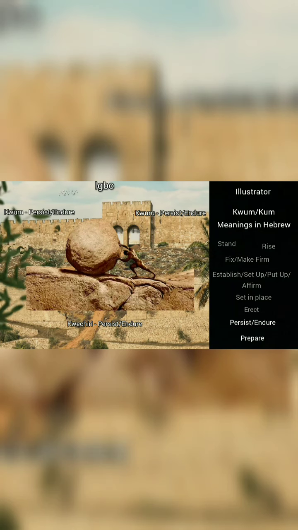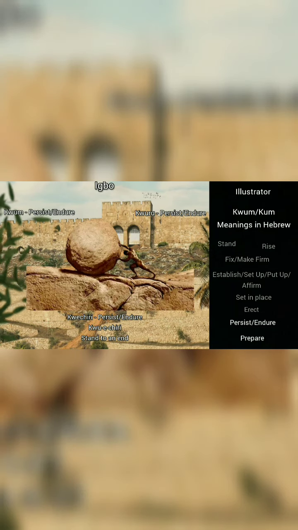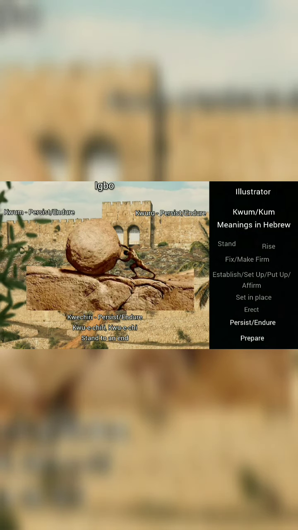So the word kwechiri is actually chiri, that is, stand to an end. Kwechi or kwechiri, that is, persist or endure. Okay, chi is actually end there. Now the last meaning we are going to be looking at in the Hebrew language for kum is